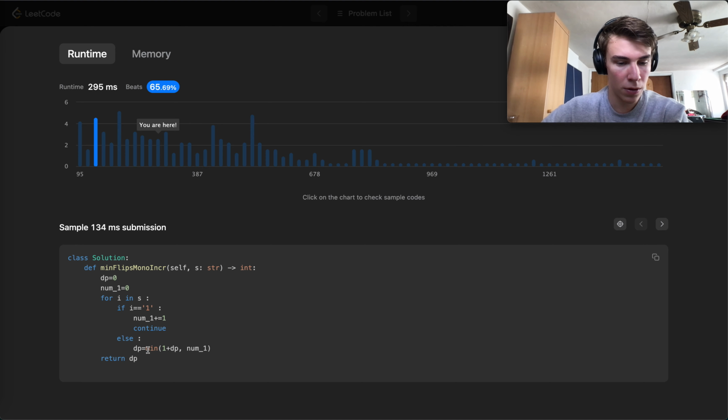And also choosing the minimum from dp plus 1 over the number of ones. So why would the minimum of y plus, only in the case that it's 0 do I now calculate the minimum of